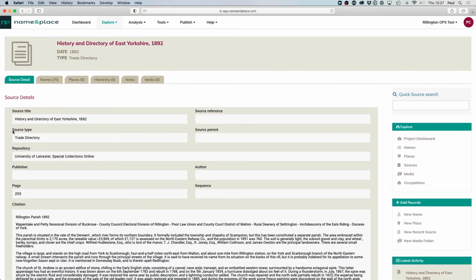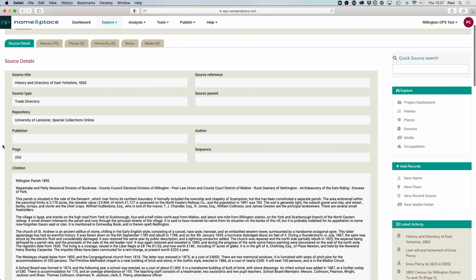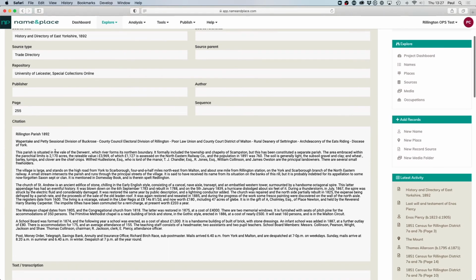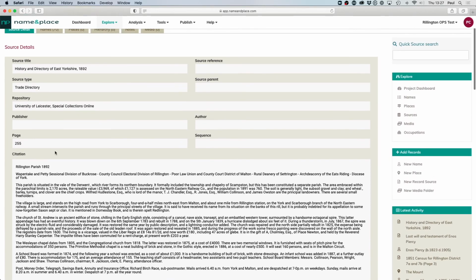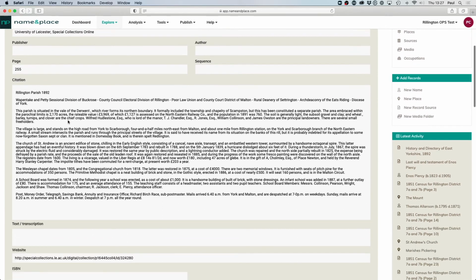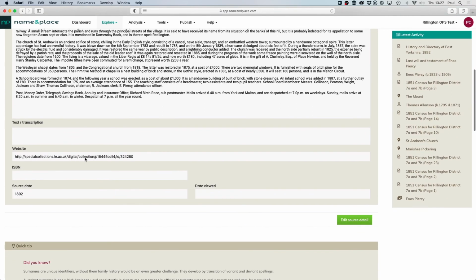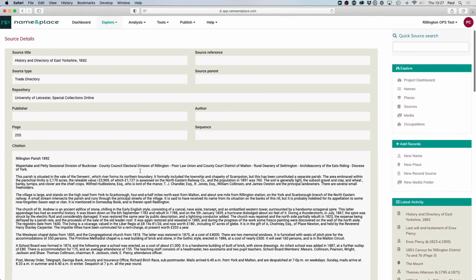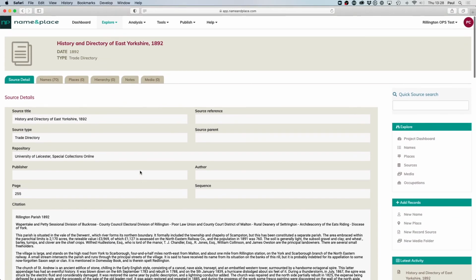You can also, for each source, record the full detail about it, and this is to academic standards in that you can record the full citation for each source. In this case there is a text transcript of the citation, the repository, the type of source that it is, and a link to where you can find more about it. And there is plenty of other information that you can record for each different type of source.